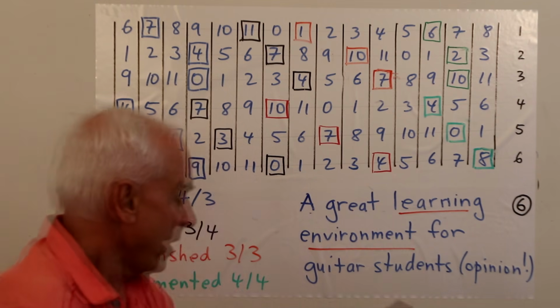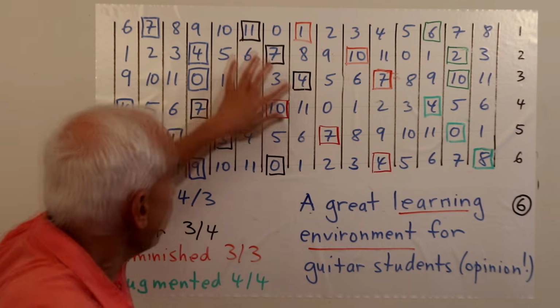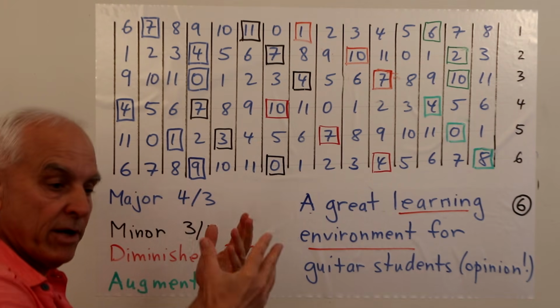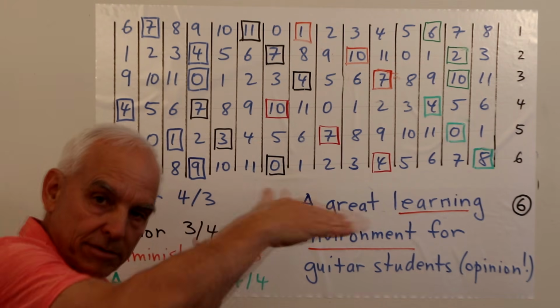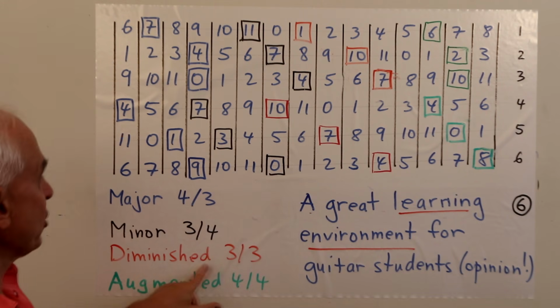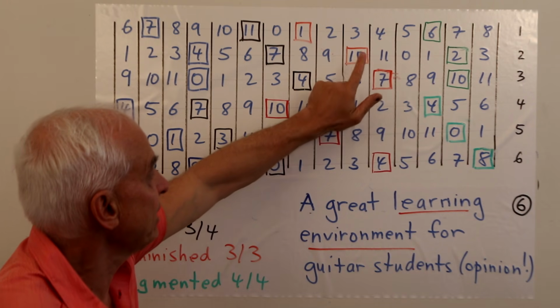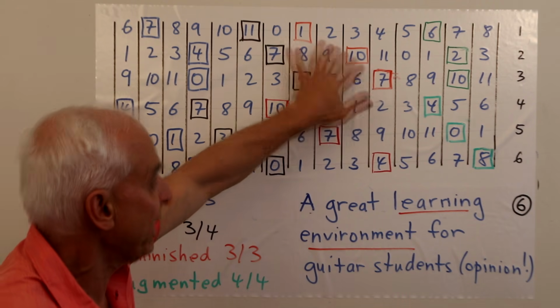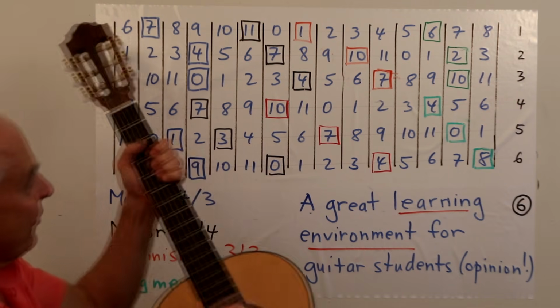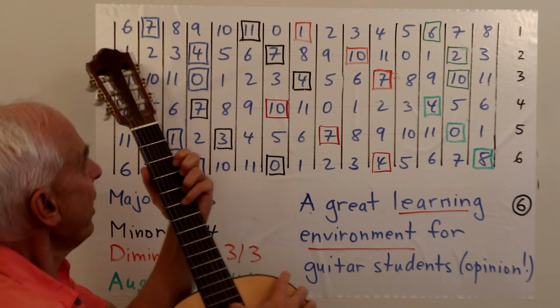Okay. And again, you can play it anywhere. Once you just understand that diagonal pattern in the top 3 strings, that is a minor chord. And then the diminished, 3, 3. Well, let's start here at the 7. So 7 plus 3 is 10. 10 plus 3 is 1. So we have to play those 3 notes. What does that sound like? We'll just choose one of these randomly. Say there, there, and there.